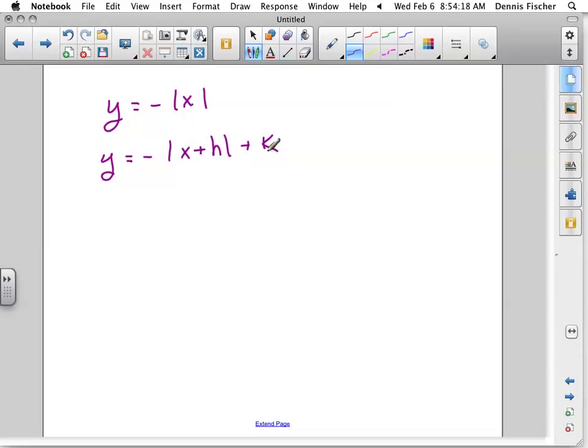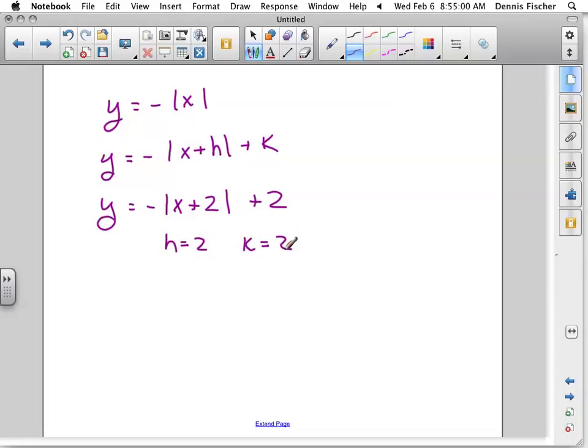So on this one, what happens here? This number 45, it moves it to the left 2 units, right? You're looking at a 45 graph, it moves it to the left 2 units, and it moves the graph what? I think it's up 2 units, right? So it moves it to the left 2 units and up 2 units. So if I move it to the left 2 units, what happens is this inside has to be an x plus 2, and that moves it to the left. If it moves it up 2 units, what does k have to be then? 2. So if they're answering this question with h is equal to 2 and k is equal to 2,